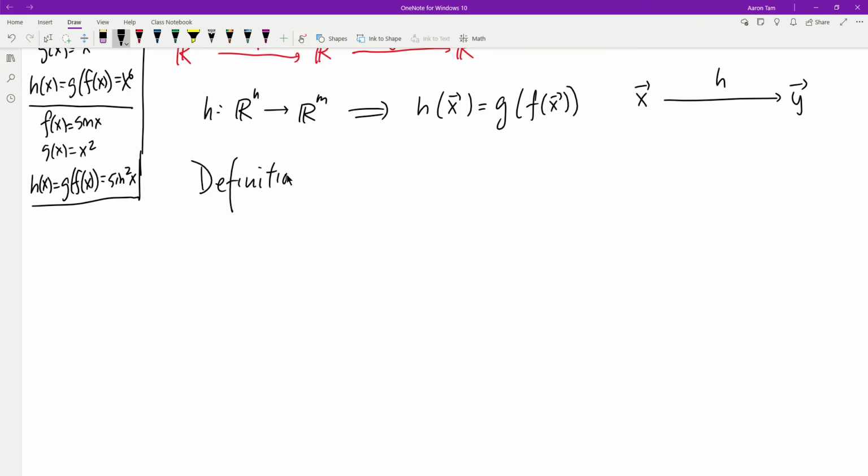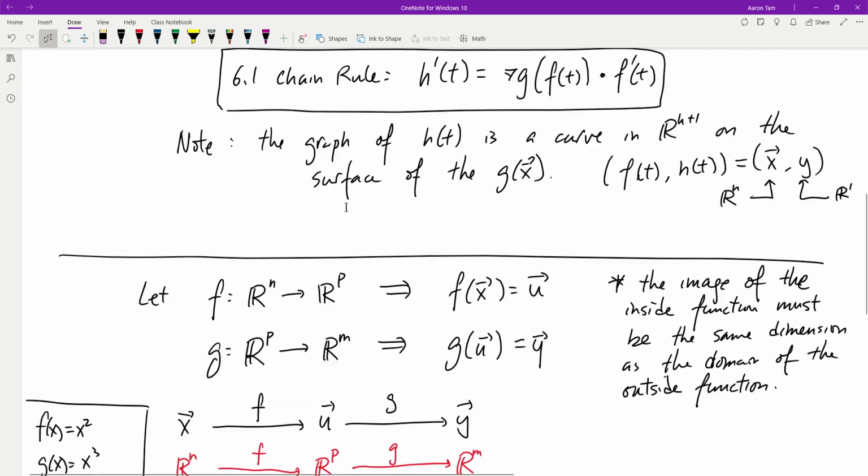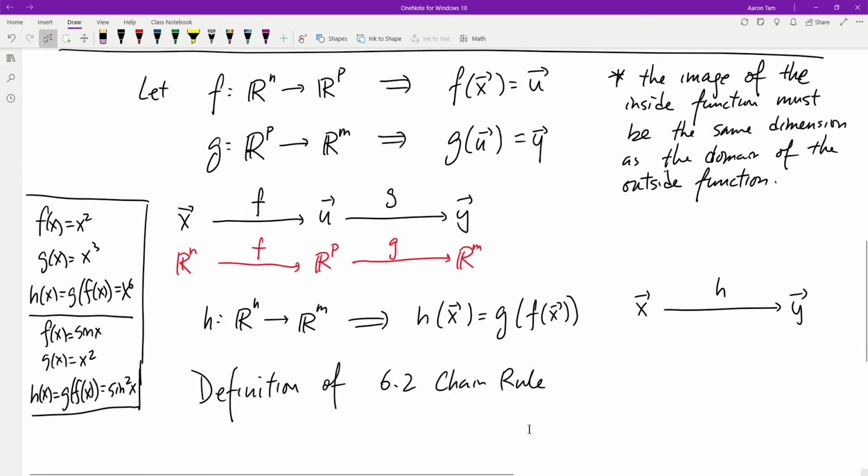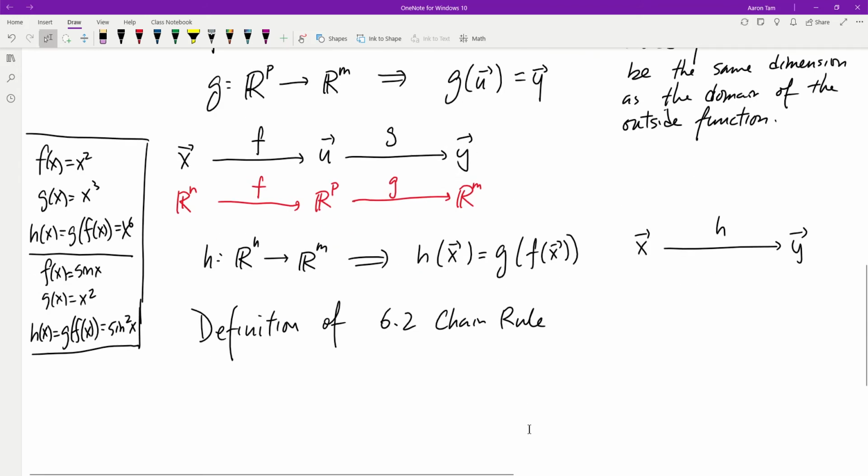What is the definition of chain rule in this case? So for lack of a better description, I'm going to say 6.2 chain rule, which will be different than our 6.1 chain rule, of course. So what's the definition of 6.2 chain rule? Actually pretty simple. If you have,